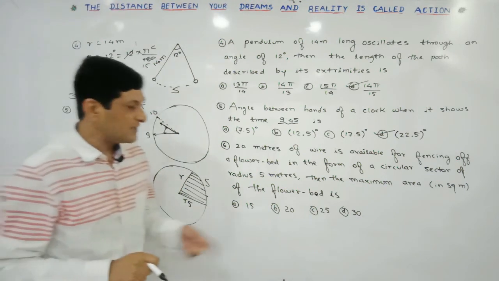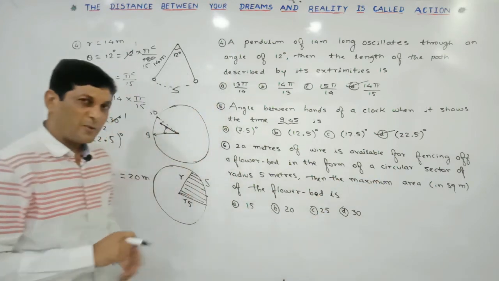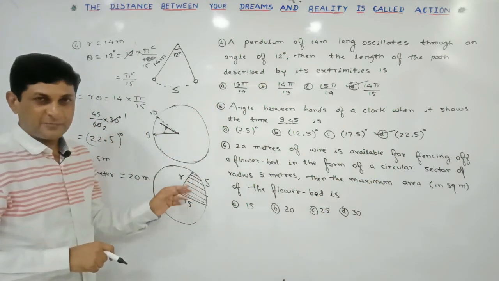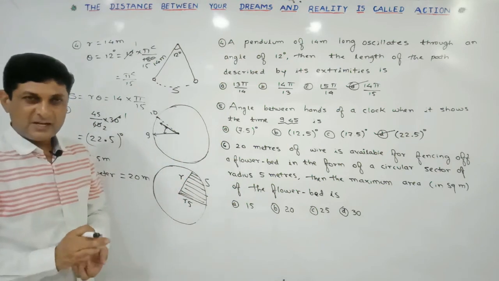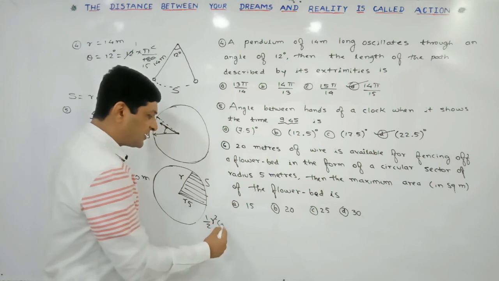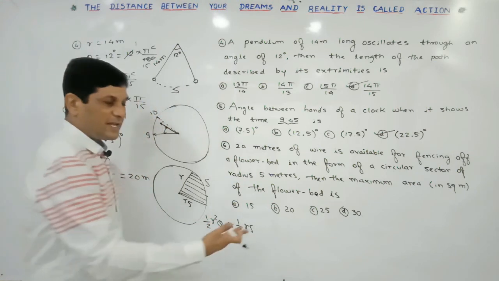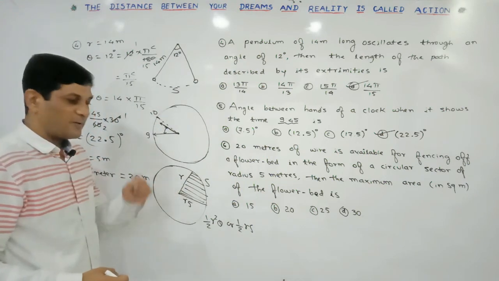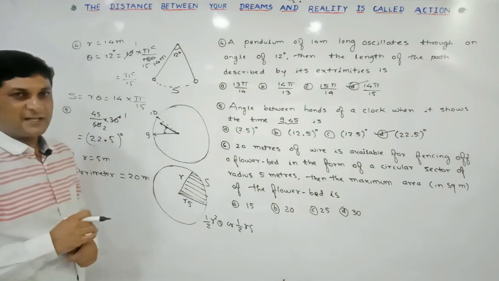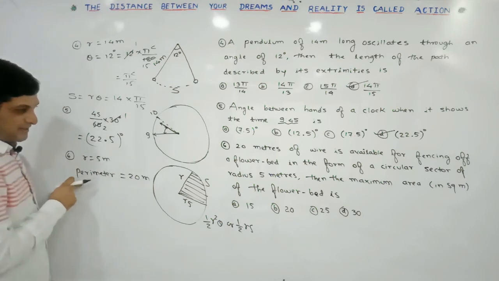Using all these given conditions, find the maximum area of the flower bed. And the shape of the flower bed is like a sector. Means we have to find the area of the sector. To find the area of a sector, we have two formulas, half r square theta or half r s. Apply any one of these two formulas to find the area of the sector. So from the given conditions, let us check which value we will get here. So perimeter means what?